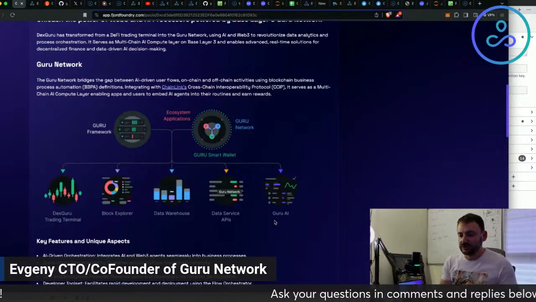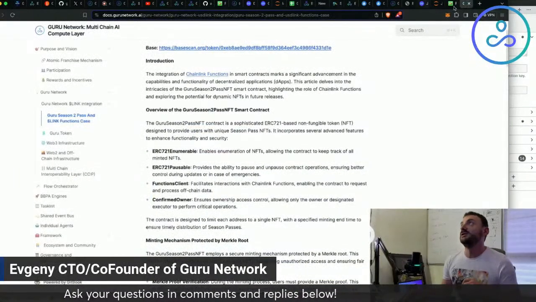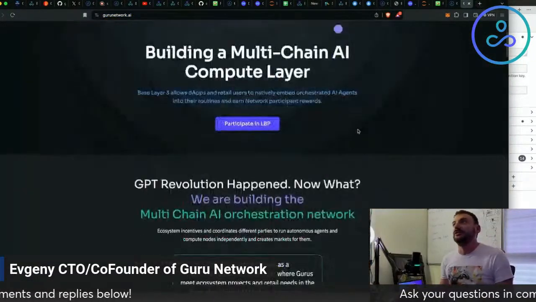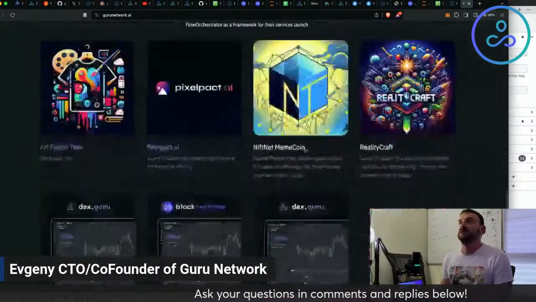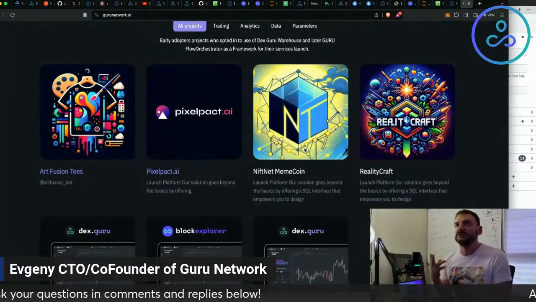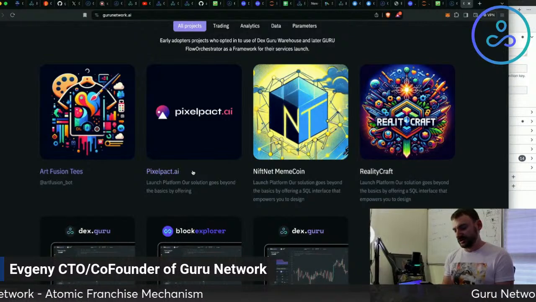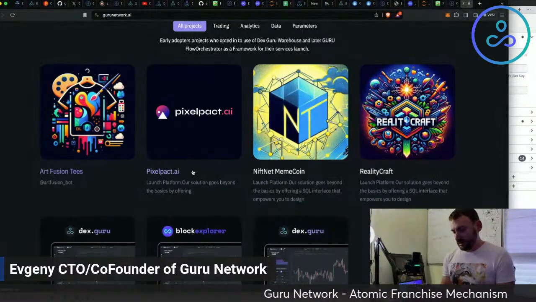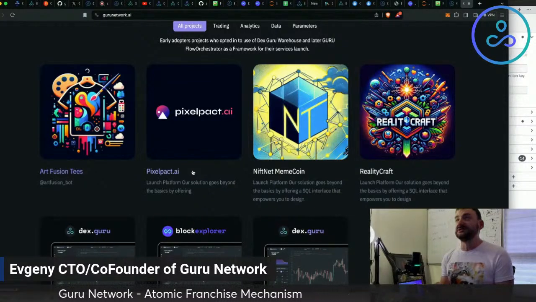Then we introduce ecosystem projects like PixelPact, which run their own orchestration nodes, and that allows us to enable an atomic franchise mechanism between ecosystem projects like DEX Guru and PixelPact. So DEX Guru orders some technology from the orchestration engine of PixelPact, and that's the whole idea of it.